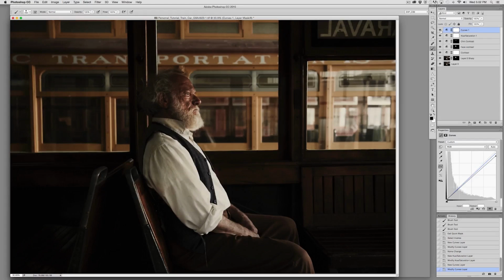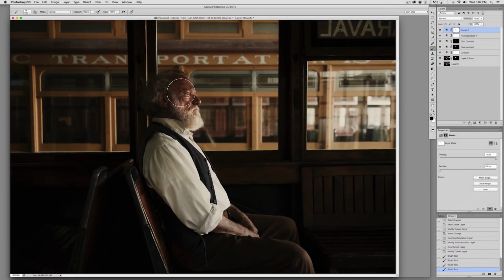Before and after. So we're going to come in here on our mask, going to click on that and then use the brush. And then we're going to take away the areas where we do not want this effect. Obviously this is affecting the whole picture, and I don't think we need it when it comes to his face right here. So by brightening this up, and maybe down in here a tiny bit too,